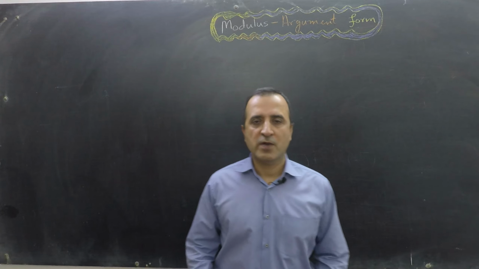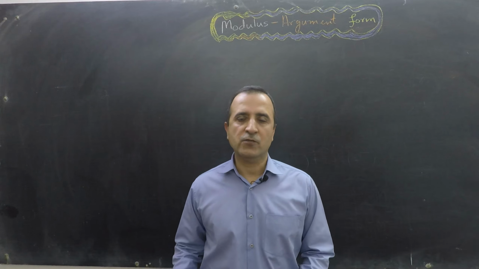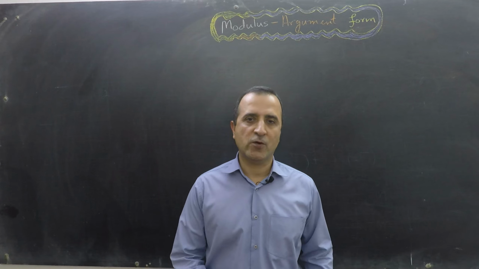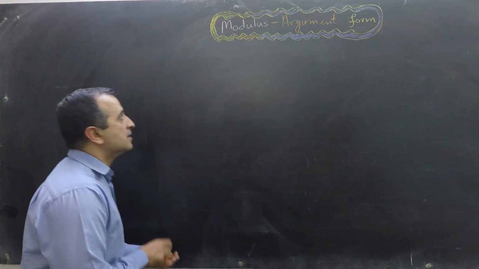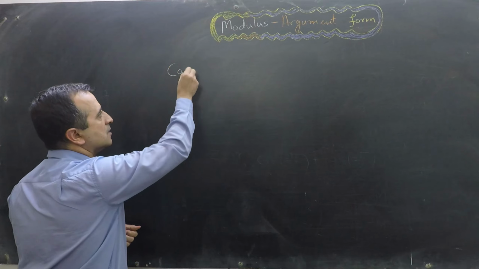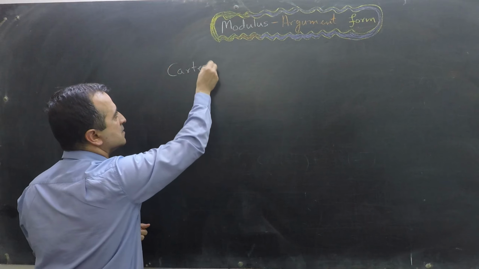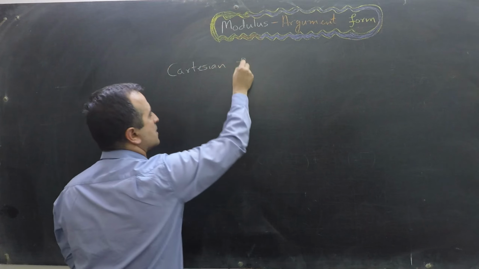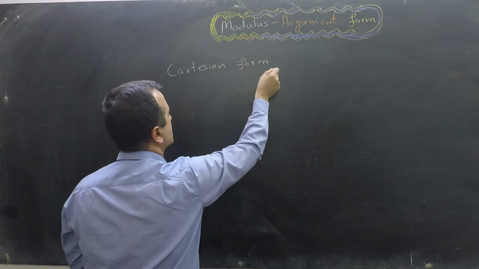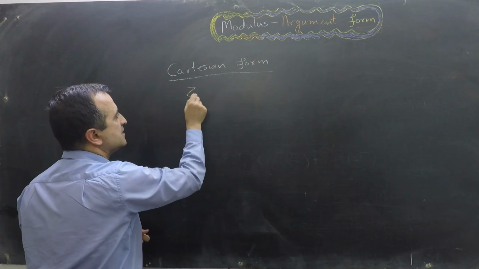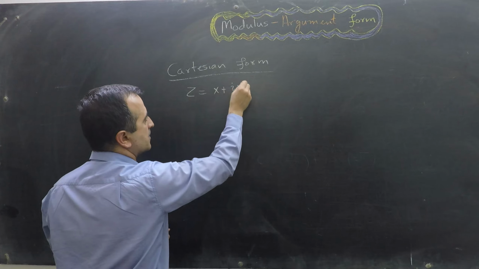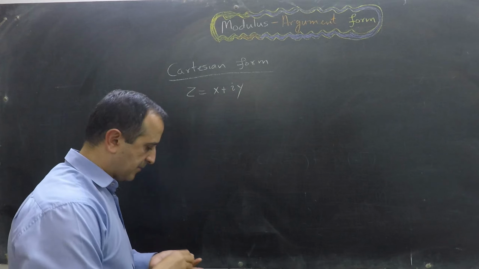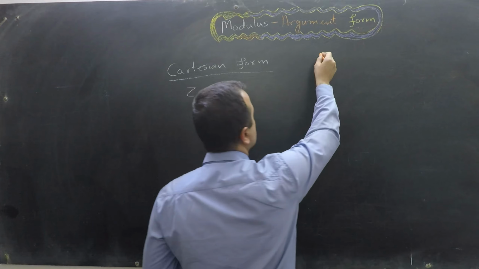In this video, we will learn how to convert Cartesian form to modulus argument form. So, we know that in Cartesian form, we write a complex number as z equals x plus iota y, whereas in modulus argument form,